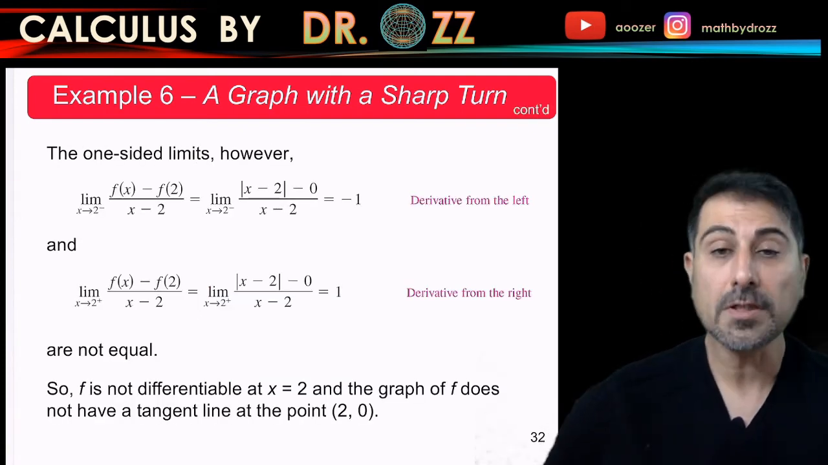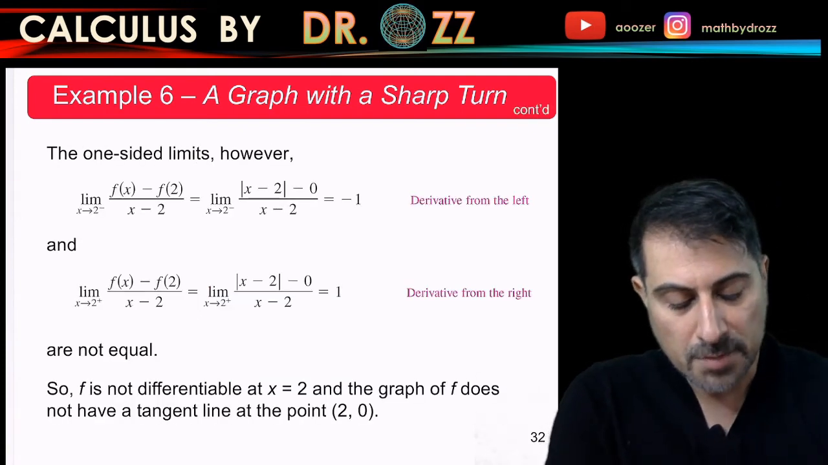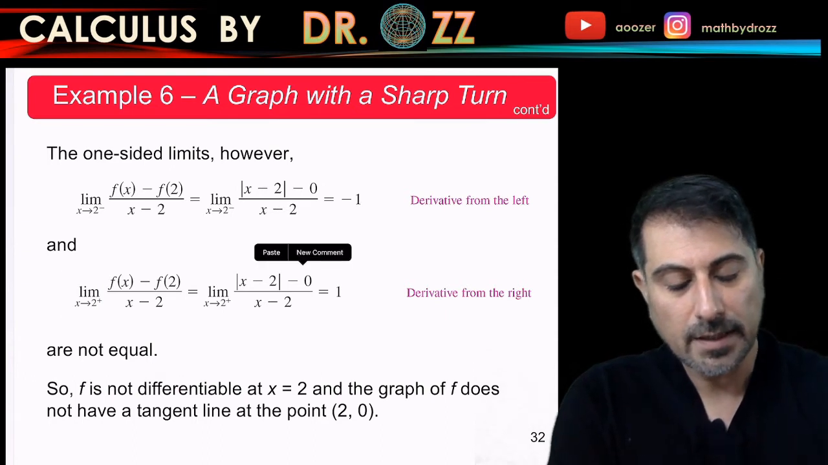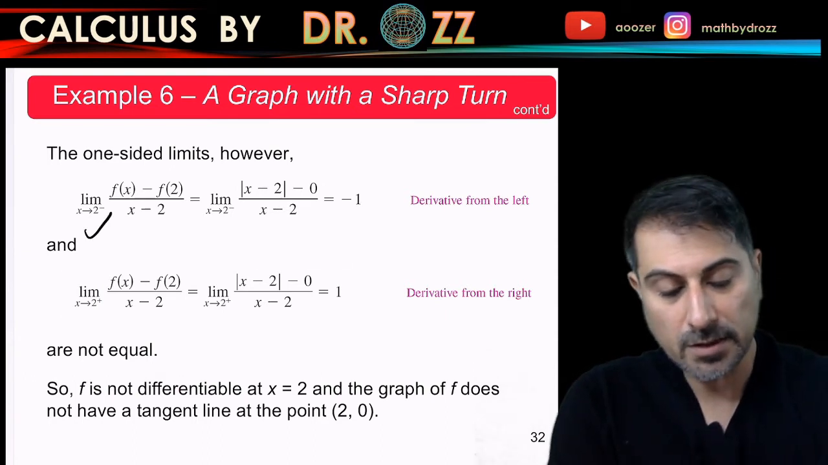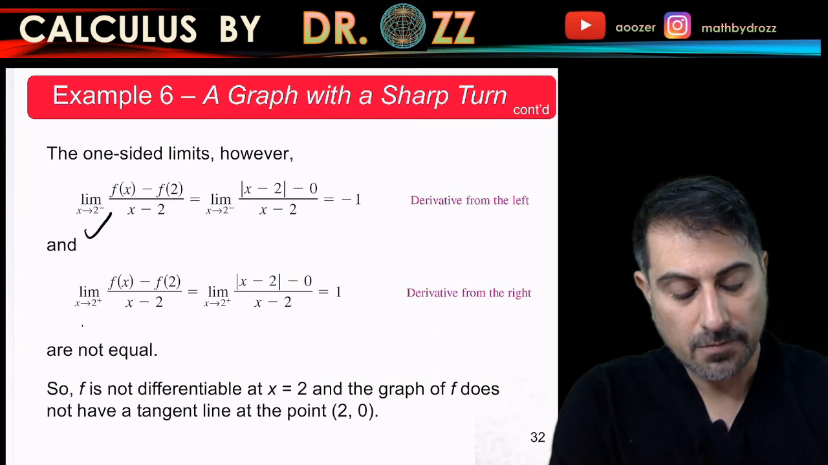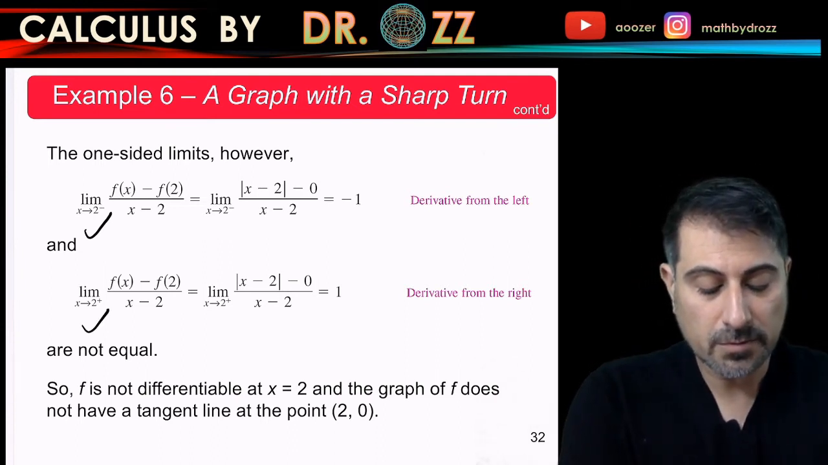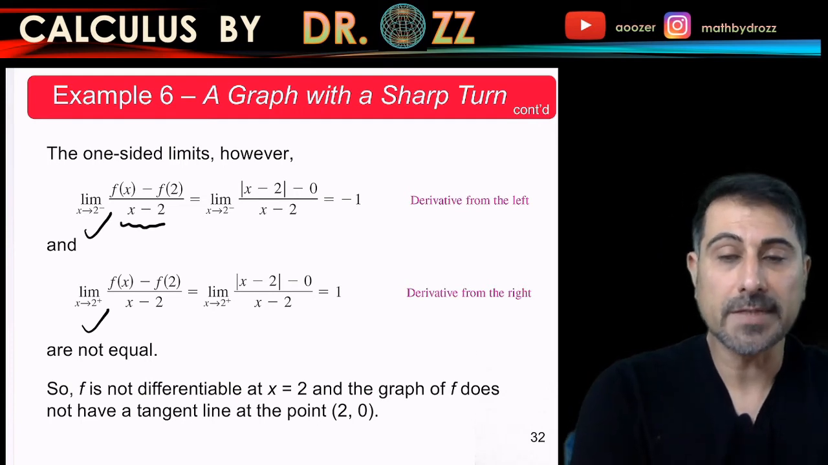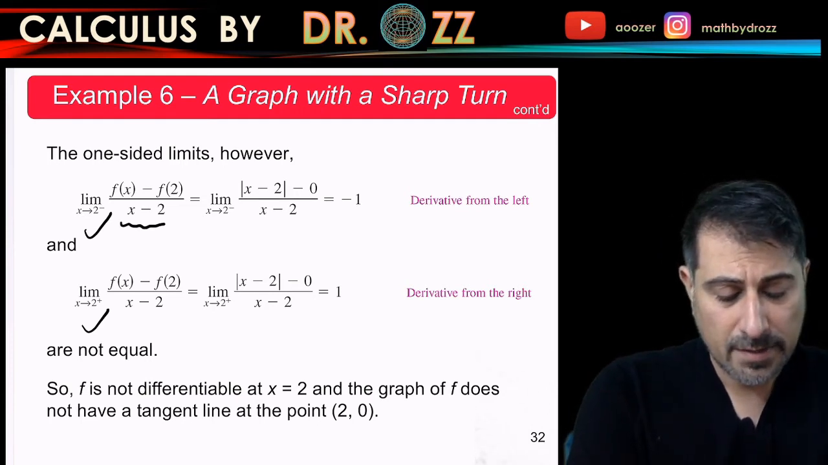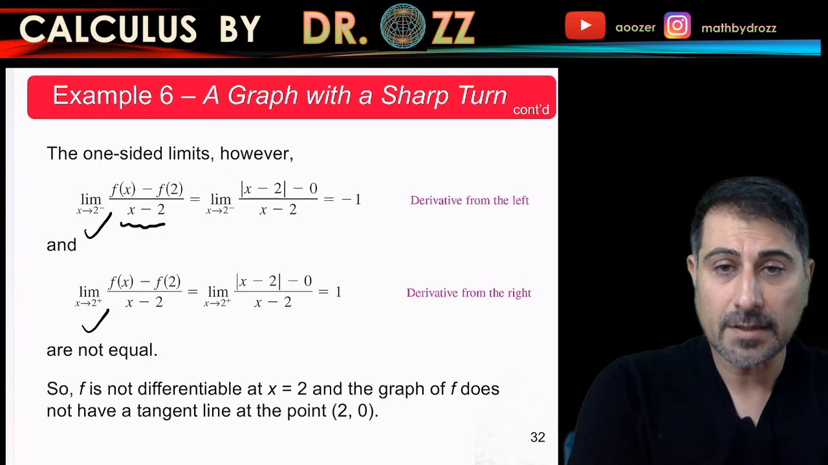I'm going to look at two limits. One is me approaching 2 from the left, and the other one is me approaching 2 from the right. So let's check what's going on here. We're looking at f of x minus f of 2 divided by x minus 2. And on the left of